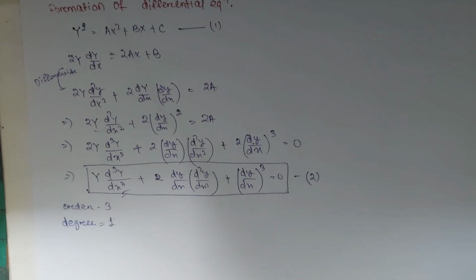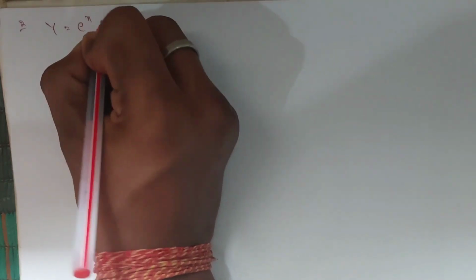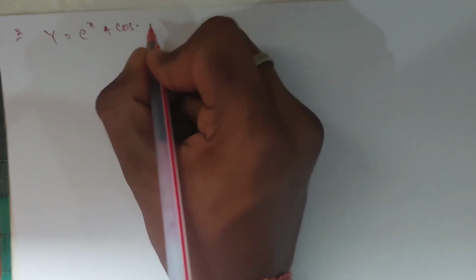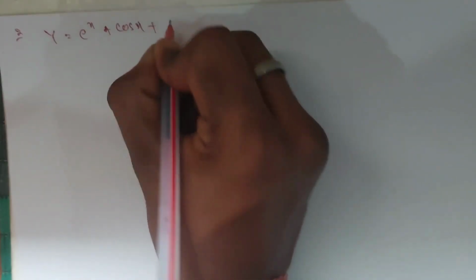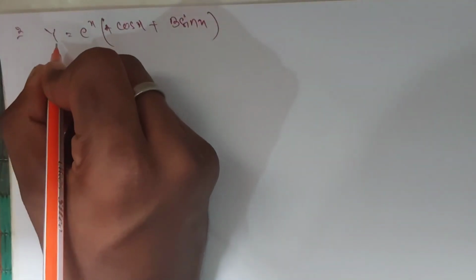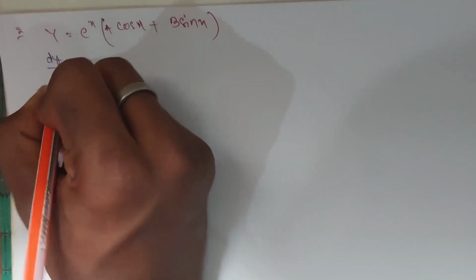And then if we take further examples, let's take another example of y. Let y equal e to the power x times a cos x plus b sin x. Then we want to make a differential equation from this equation, so we have to differentiate both sides. If we differentiate, dy by dx